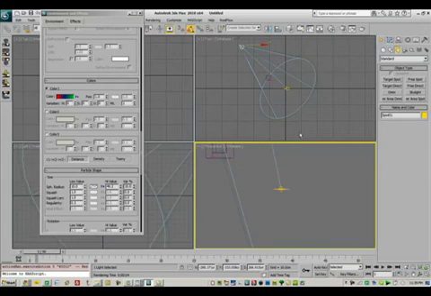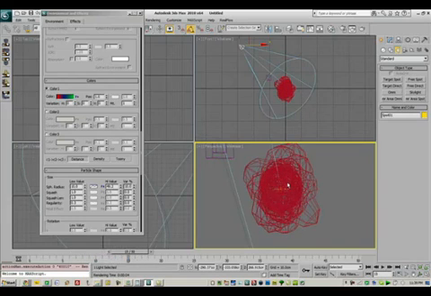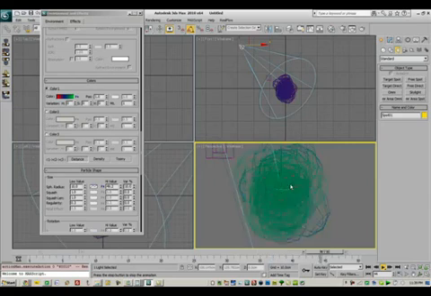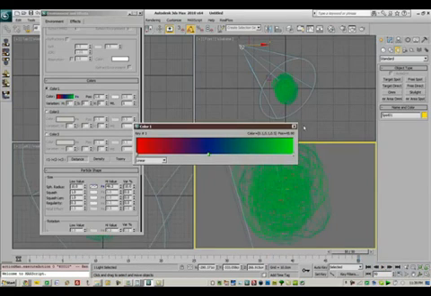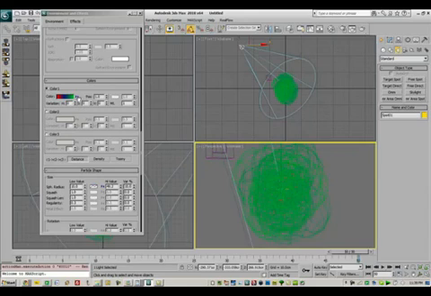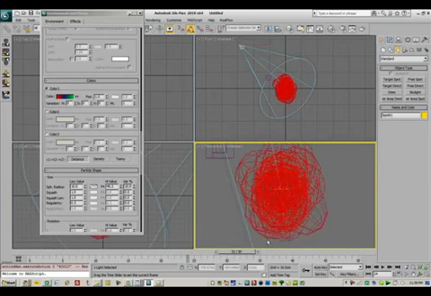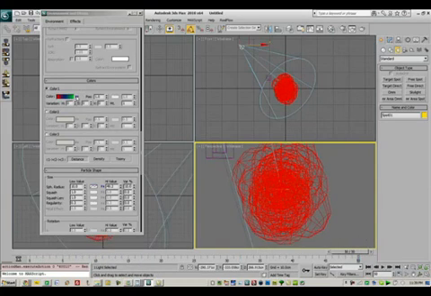Now what actually happens is when it initially gets born, it's red, then it cycles through to blue, and then finally to green at the very end, based on the color we set up. And so this is based on particle age. If I like, I can right click on the PA and change this to emitter velocity, so that based on how quick it is, it might be a different color, and then as it slows down it becomes the base color. I'm going to change that